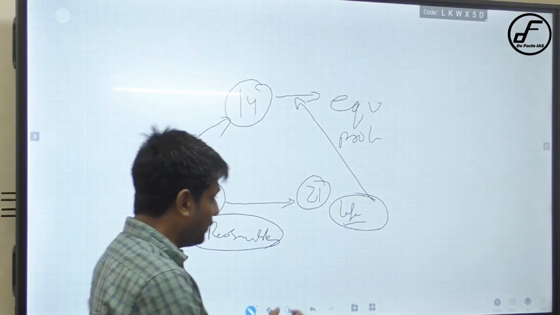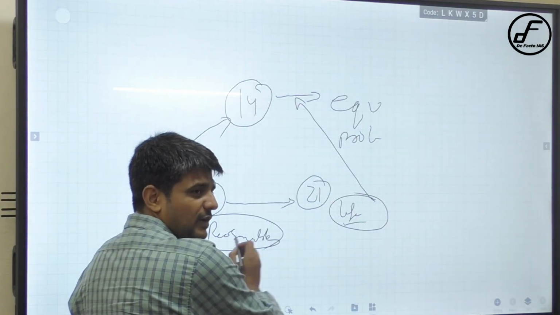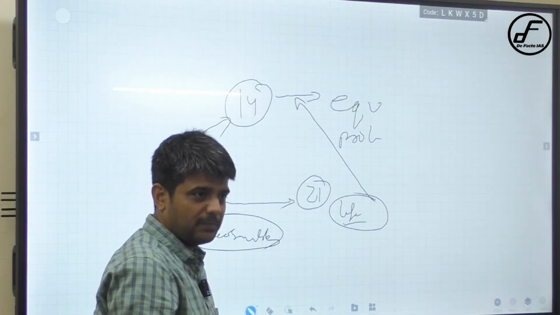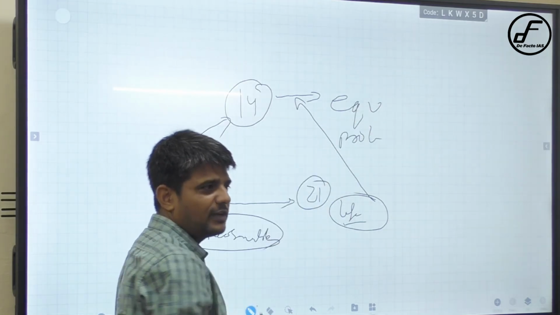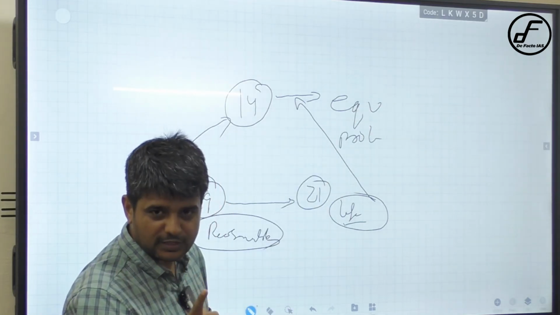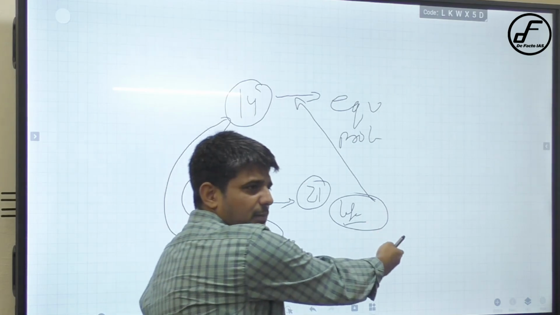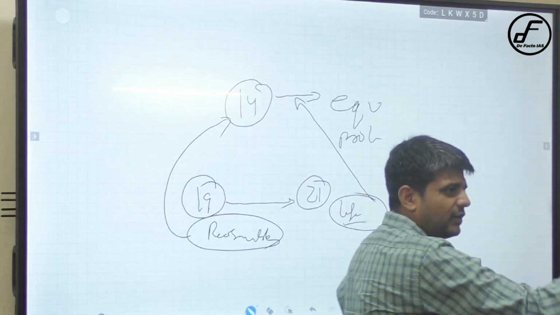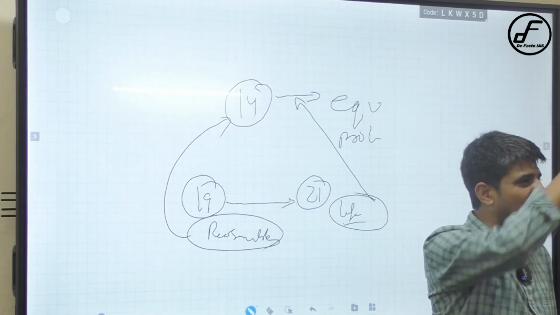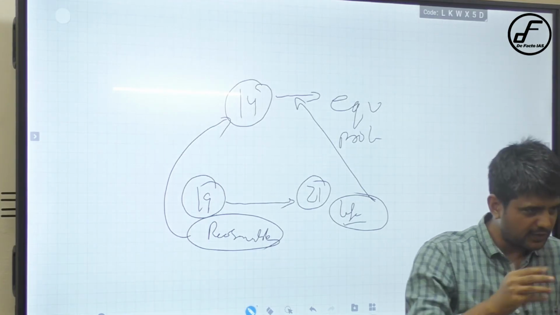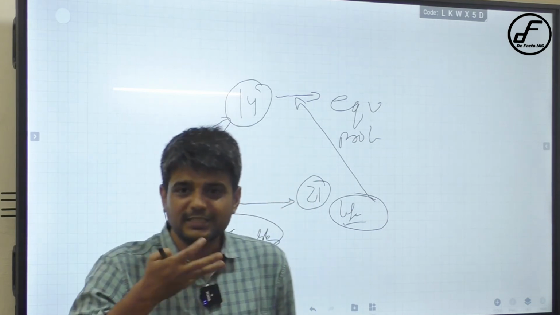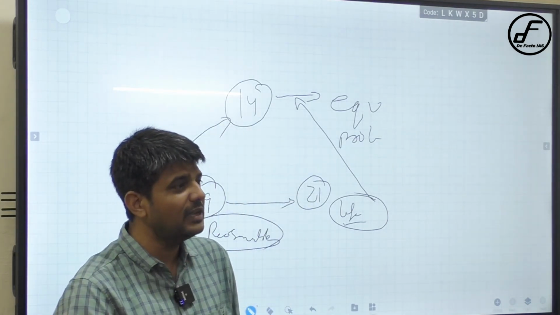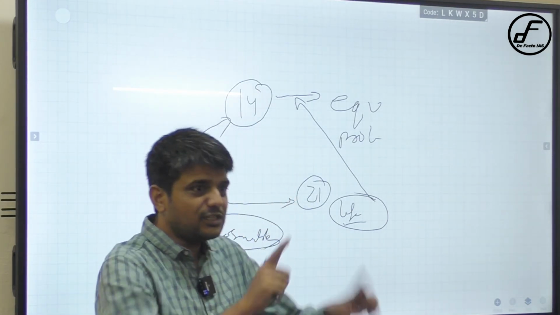So what you have to do is draw the diagram in one line and write about each one of them. The restriction under Article 19 must satisfy the condition of Article 14. Second, the procedure established by law taking away life and liberty must satisfy the requirement of Article 14, all the principles of Article 14. And Article 19 is one of the facets to exercise the right under Article 21 effectively. That is the golden triangle.